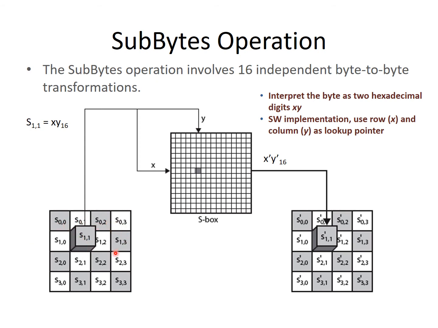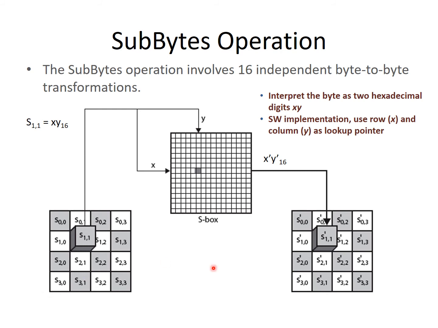For every byte value, we will use a substitution box, known as the S-box. Here we will have a hexadecimal value. For example, say the value present is 19. So I will select row 1 from this S-box, and column 9. Whatever value is present there, I will replace it with that. I will do this process for every byte present in this matrix.